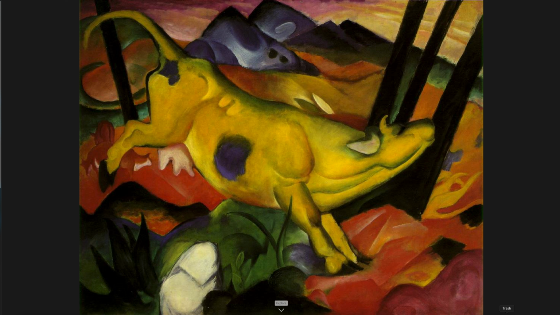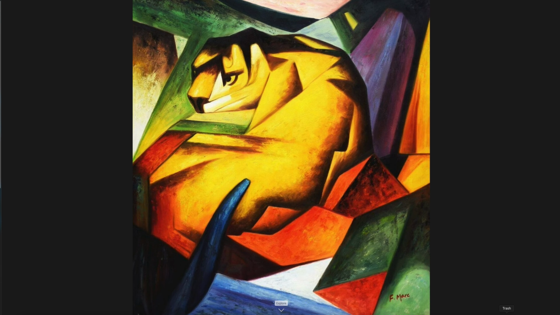Because this was directly in the face of the ideas of the Aryan race, and that humans are above all creatures, that animals can't have human qualities and so on. So all of Franz Marc's critters essentially had these human qualities to them, and that was an insult to the past views of man being above all things in nature.